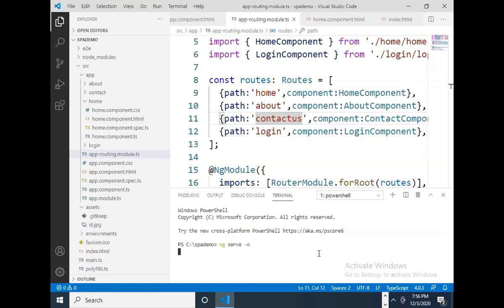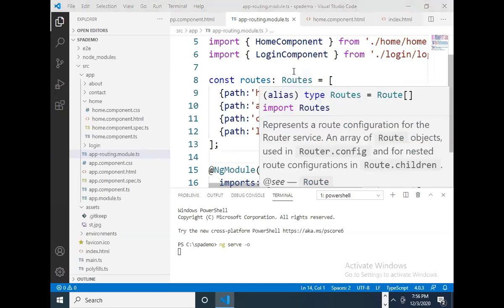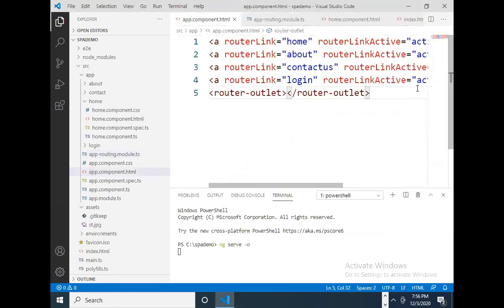Like that, you can get multiple pages here, and you can apply navigation between these particular components. Are you following? In the app.component.html page, we have just given the hyperlinks. And this router outlet's main advantage is that whatever modification is done inside this component.html, that output will be displayed within the app root of the index.html file.